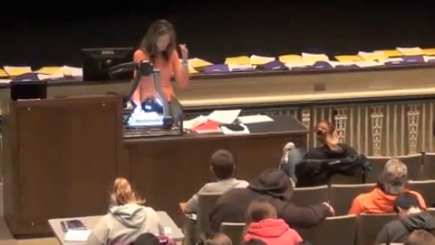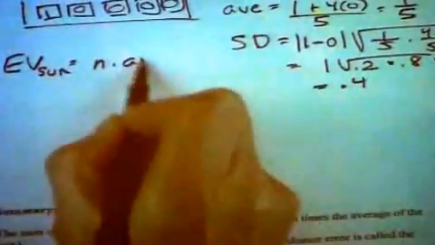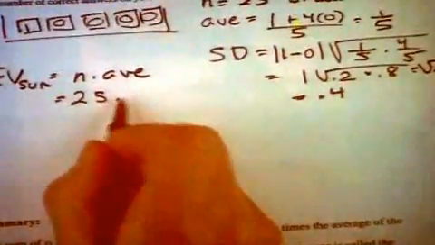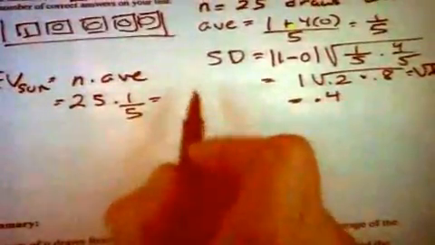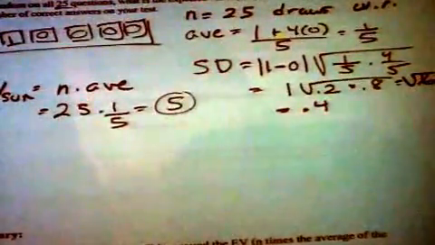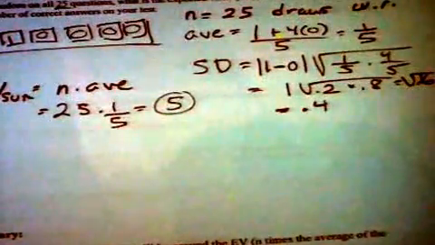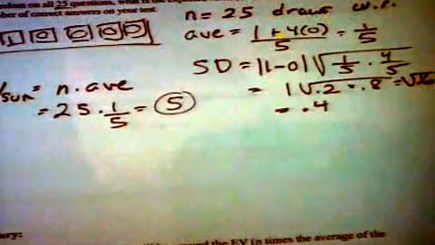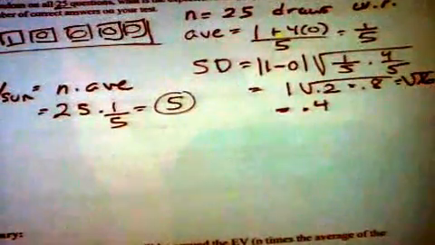So this was 0.4. All right, now the expected value of the sum, that's what they're asking for, is what? N times the average of the box, and N is what? Where is our N? 25. So it's going to be 25 times 1/5, which is what? We'd expect only 5 right. 1 out of 5. You don't really need statistics for this. 1 out of 5 times you expect to get a right answer. So if there's 25 questions, 1/5 of 25 is 5.